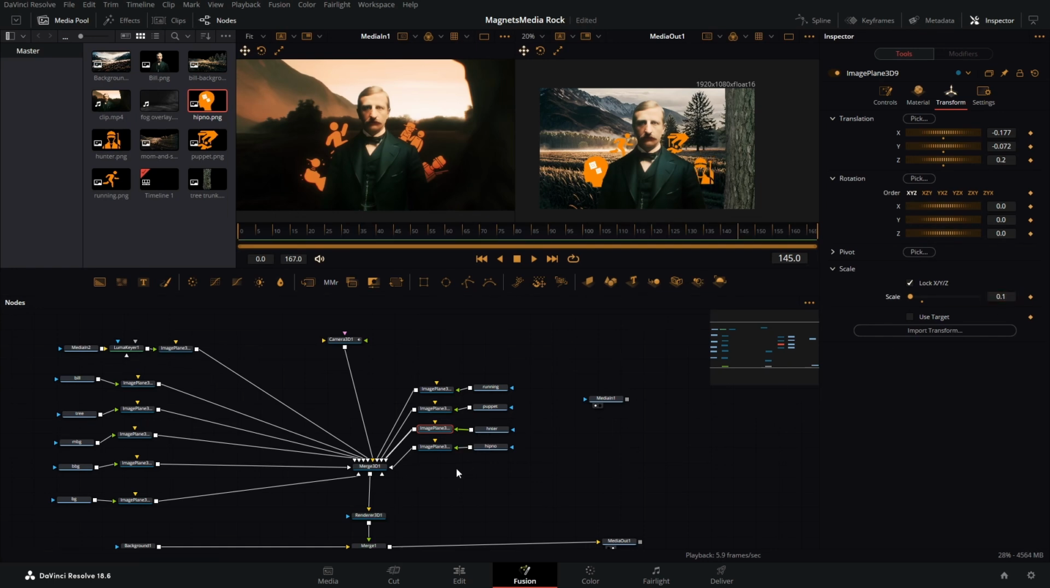Let's scale him down a bit. Click on the hypno and scale it down a bit, so we can add a bit of rotation to them. So rotate them on the Z-axis. Have this one